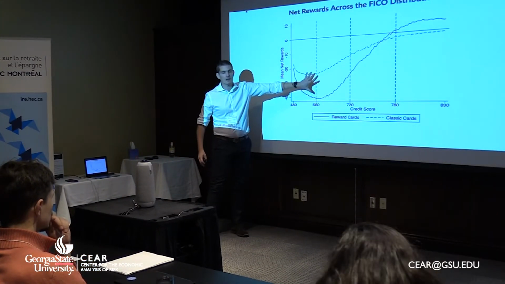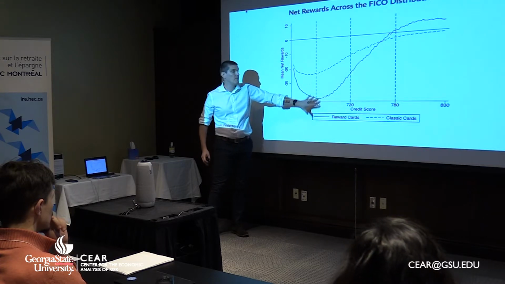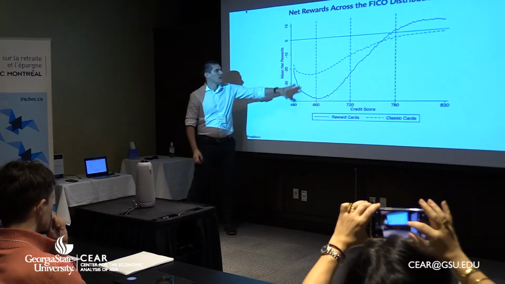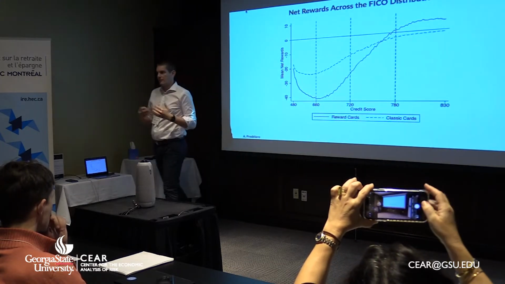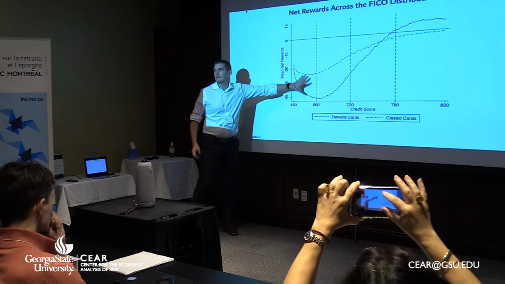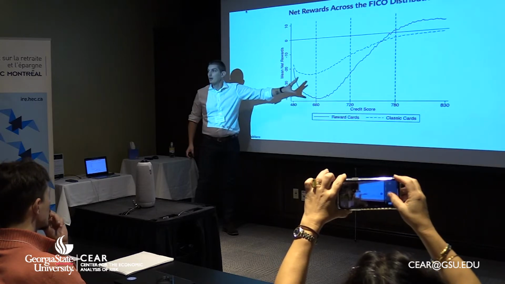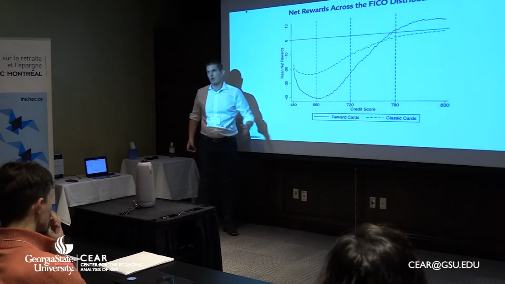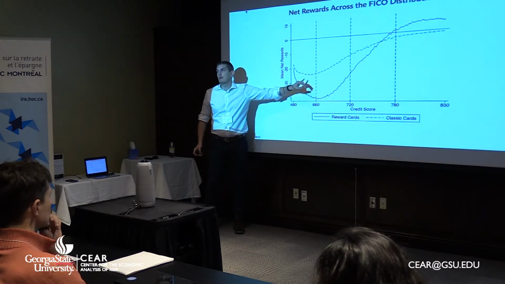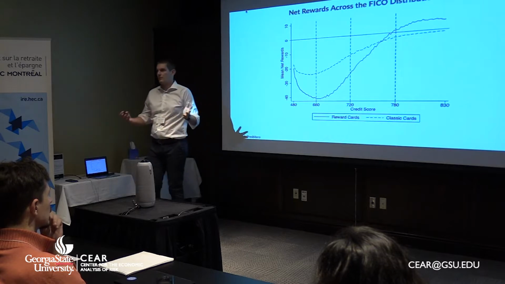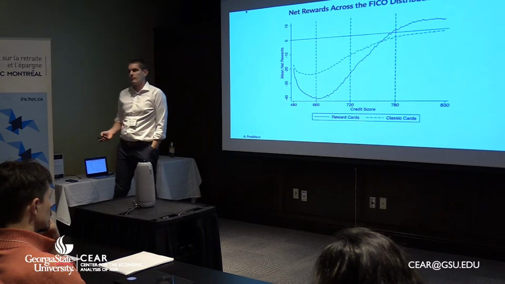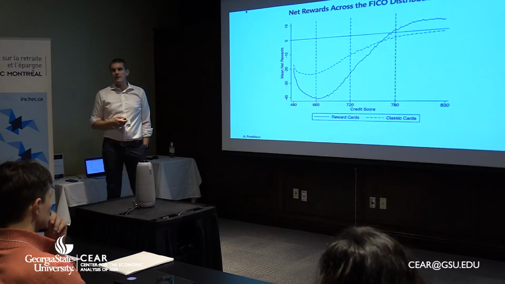So for instance, if you think about here, low FICO people would be better off to some extent having a classic card because it would pay less. Clearly, "better off" is not quite correct as a statement, because people can have an incentive to want to be here for some reason. For instance, we control for that: reward credit cards generate larger credit limits. So maybe it's just a willingness to pay to have access to credit. That's why we do the regression. But the intuition at least is that for some people it would be better off to have a classic card than a reward card. Yes.